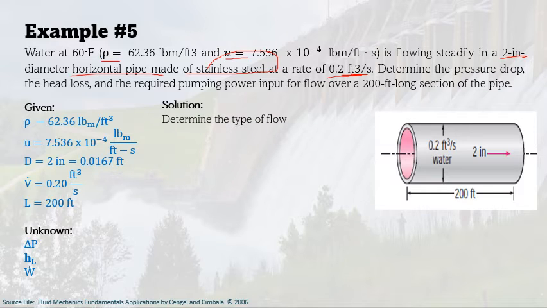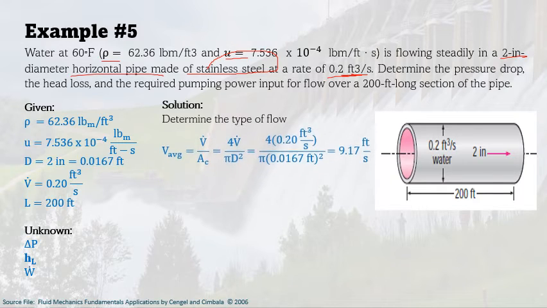First, we need to determine the type of flow before we can use any of the formulas, because it could be laminar flow or turbulent flow, and we have to verify which is which. To determine the type of flow, we go back to the Reynolds number. But before that, we first get the average velocity, using the formula for the average velocity, rearranged since this is a circular cross-section. Again, this shortcut formula is only for a circular cross-section. The general formula is the volume flow rate over the cross-sectional area. This formula is just derived because the pipe is circular. So the average velocity of the flow is 9.17